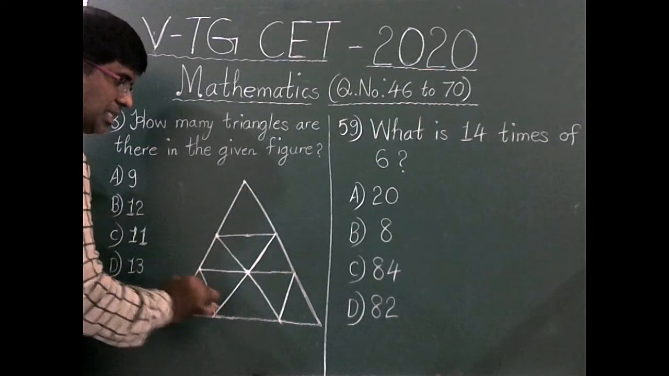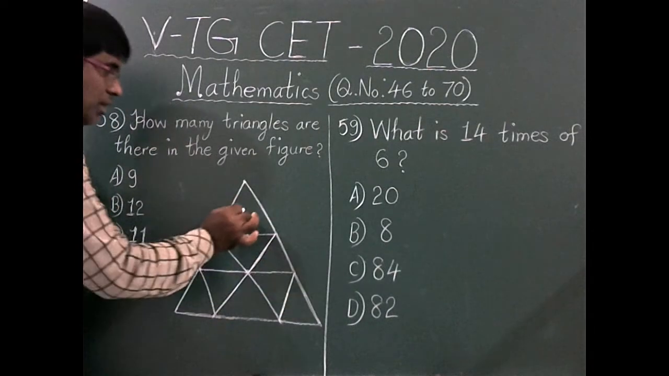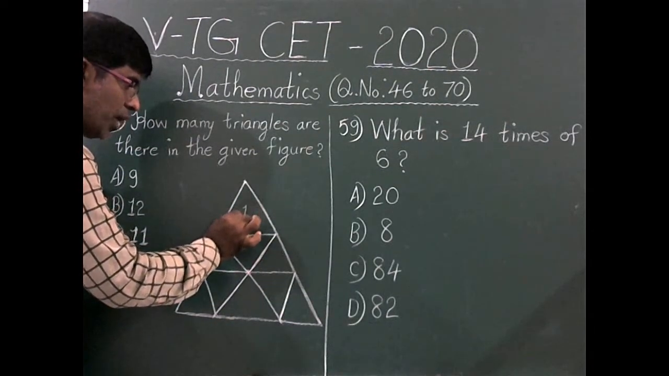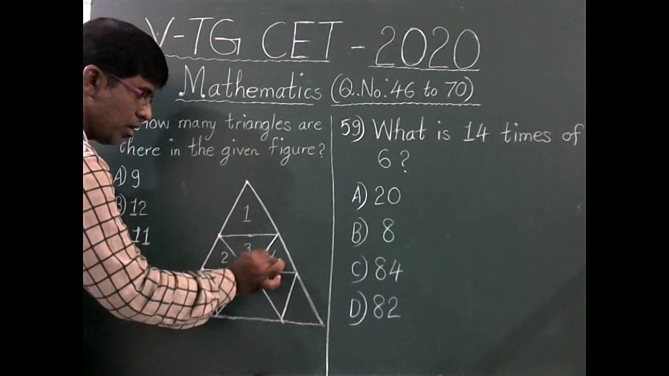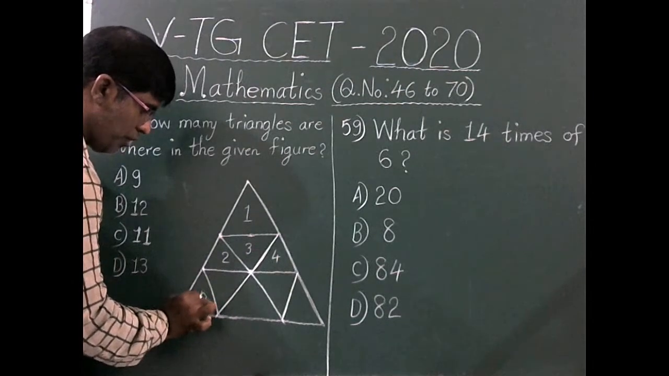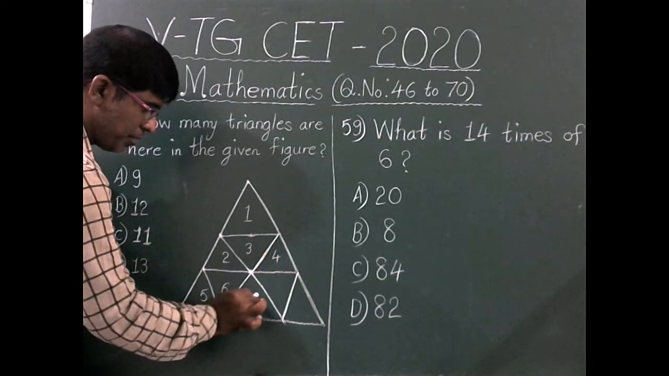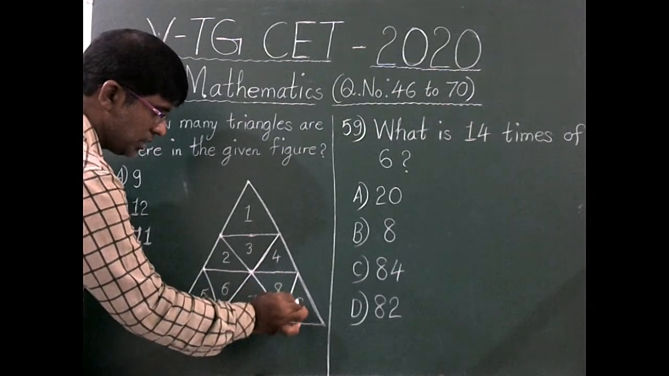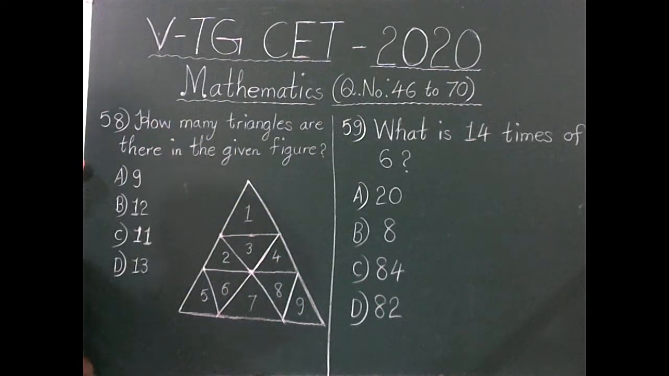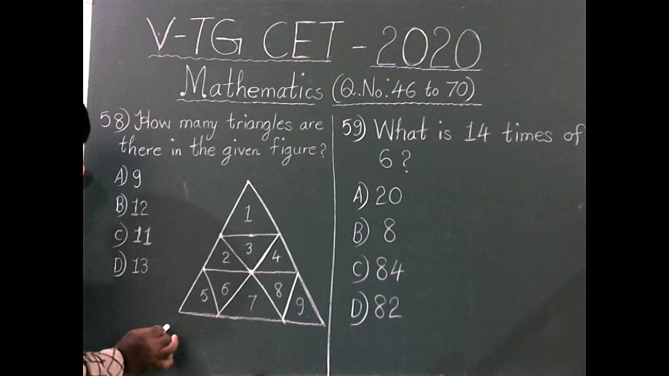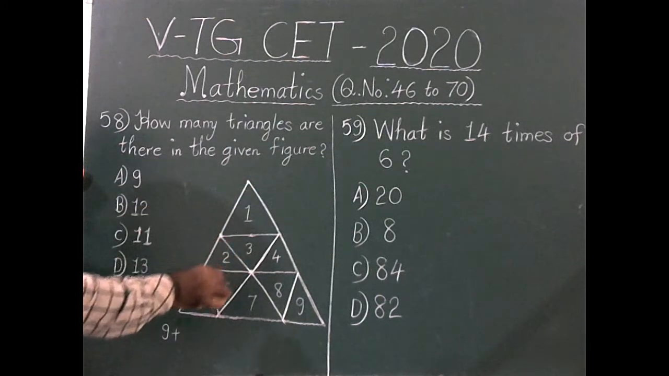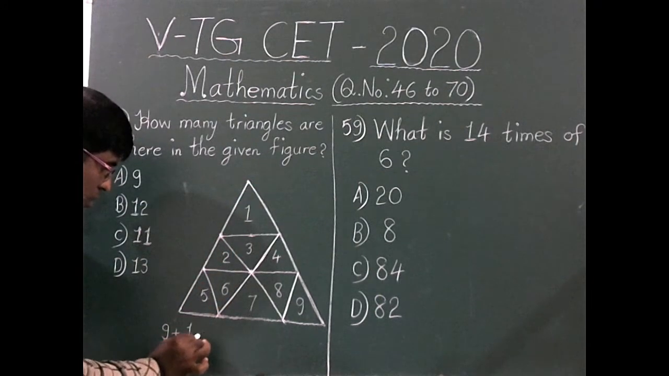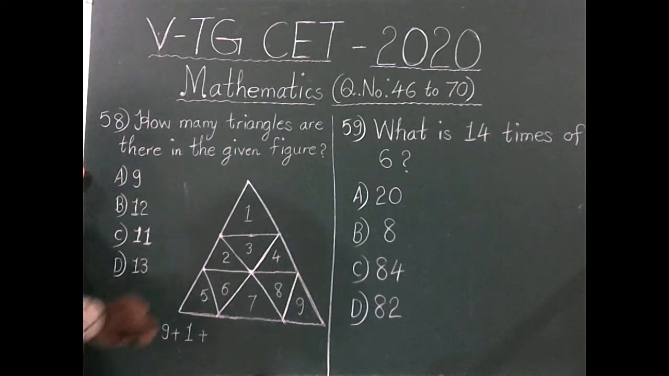First of all, inside of the triangle, how many are there? 1, 2, 3, 4, 5, 6, 7, 8, 9. How many triangles? 9 triangles are there. Okay, the outer triangle is 1. Now,